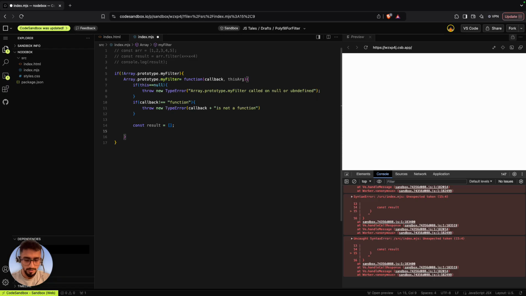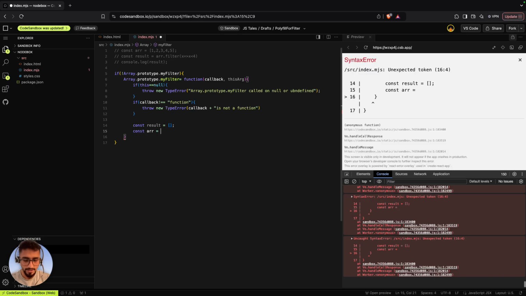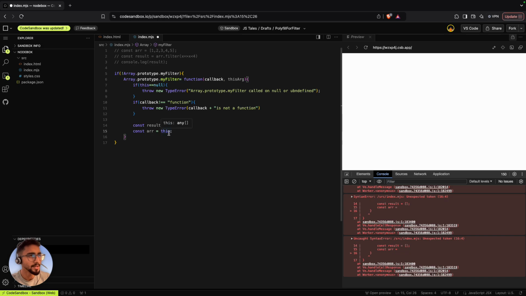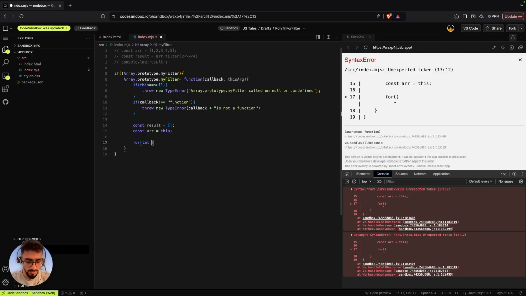And now let us take another variable called array where we'll pass this keyword. What does this mean? This will point to an array where my filter is being applied. So suppose array.filter, right? When we write array.filter, this keyword will point to this array, right? So this array will be getting in the variable called arr that I have defined here, right? Now let's quickly iterate over this array for let i equal to 0, i less than arr dot length